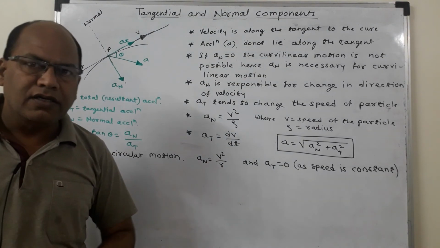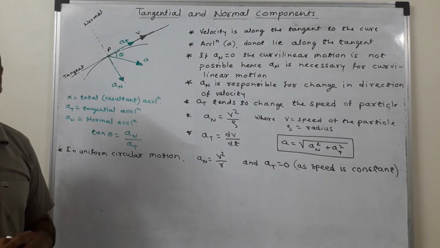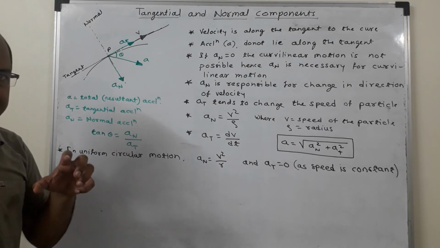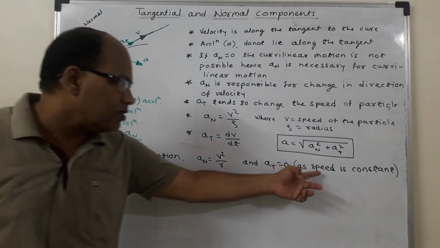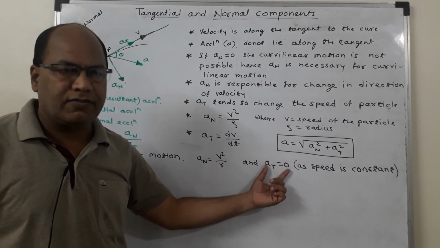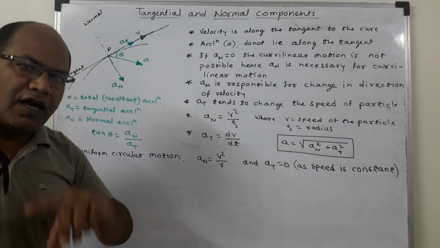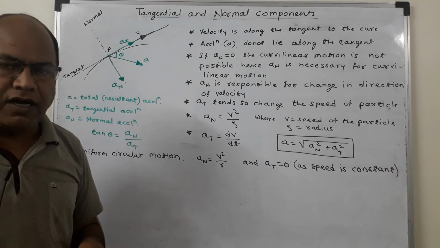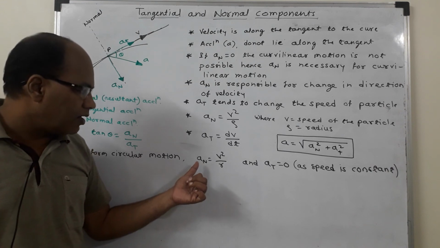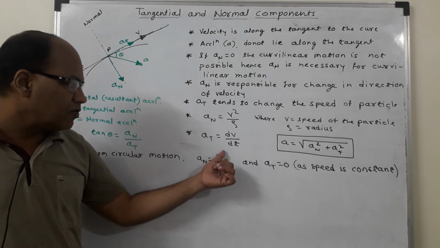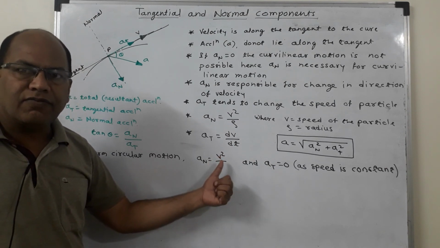Now you have studied the circular motion also, you have studied the uniform circular motion also. Now in case of uniform circular motion, the speed of the particle performing the circular motion remains constant. So speed is constant means there is no tangential acceleration, at is equal to 0, but in UCM also the direction of velocity continuously changes, and this change in direction of velocity takes place because of normal acceleration, and in uniform circular motion an is equal to v square by r. So this rho is to be replaced by r, where r is the radius of this circle.